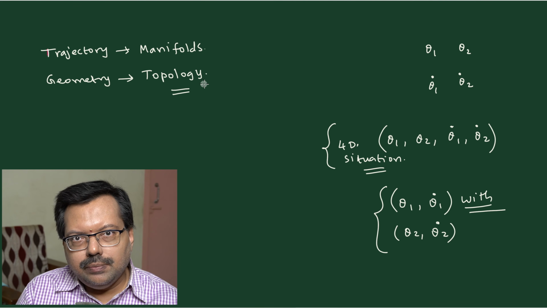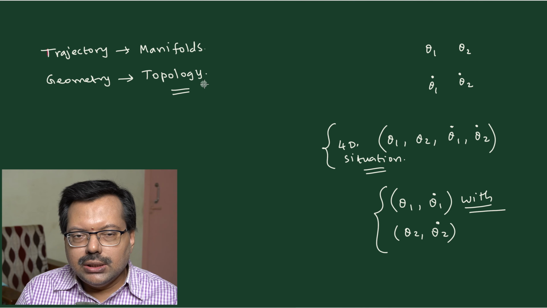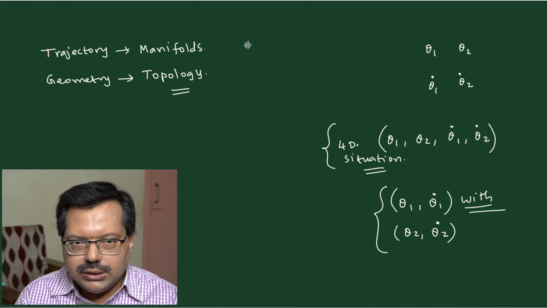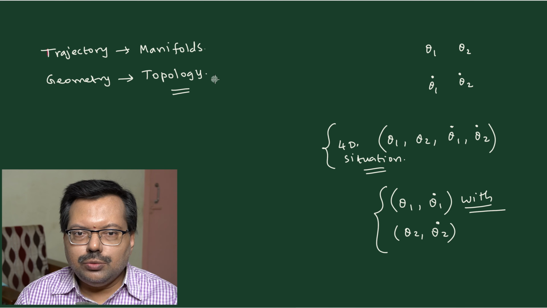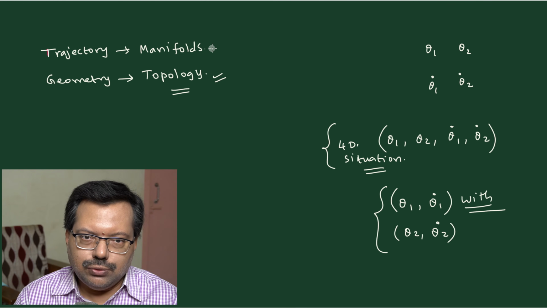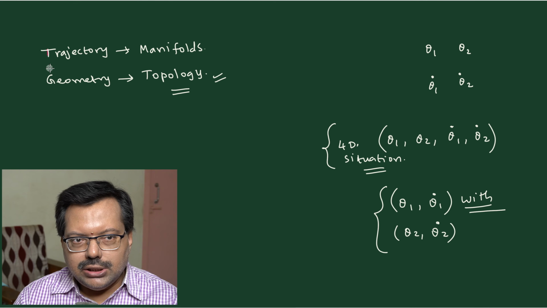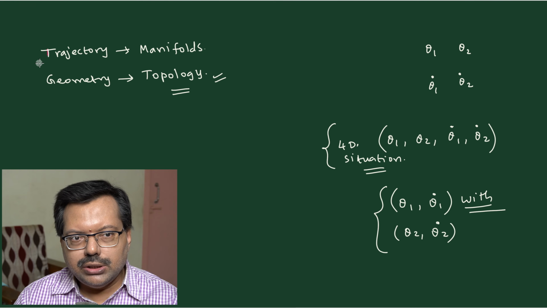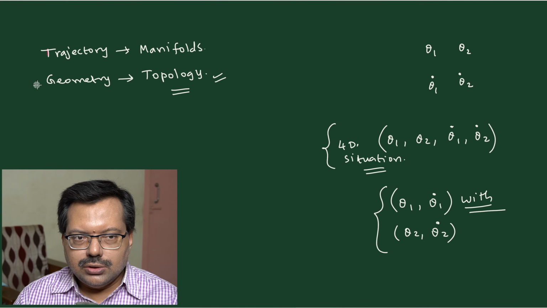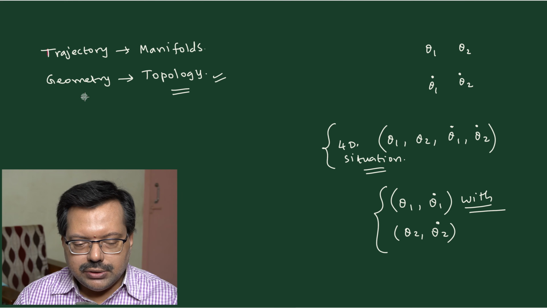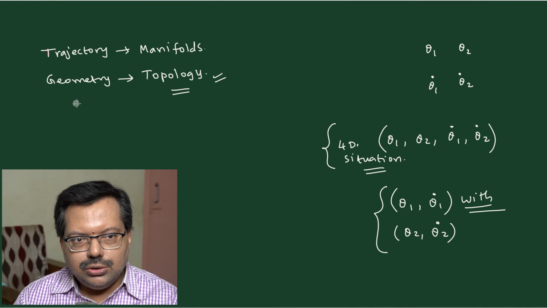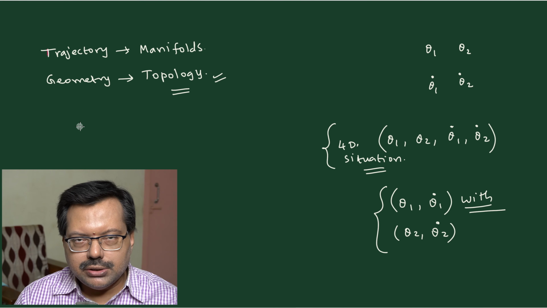So ultimately, what is our conclusion is that in classical mechanics, we are basically studying the topological properties of the manifolds. That is what is going to happen. That means essentially in the case of the lower dimensions, we are going to study the geometrical properties of the trajectories. Geometrical properties of trajectory means if the trajectory is a circle, then you study the geometrical properties of the circle.